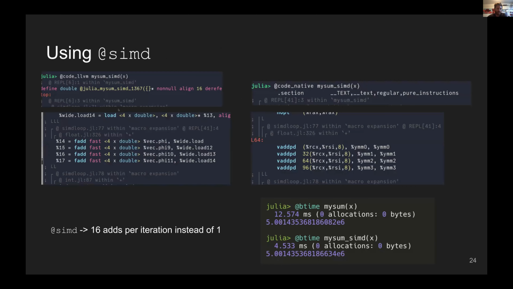If I again look at the LLVM code for the simd version, you can see we have a bunch of these vectorized additions. What that does is compute many additions at the same time, using different operators. And if we look at the native code, we get the same here. We get these vectorized addition assembly instructions. And if we benchmark this, we get almost 3 times the performance from using this